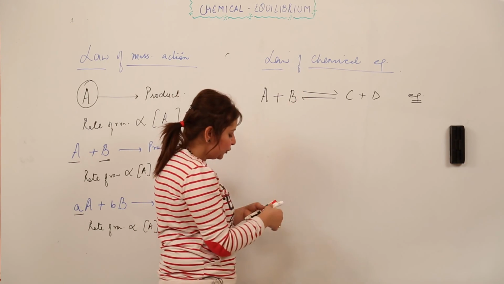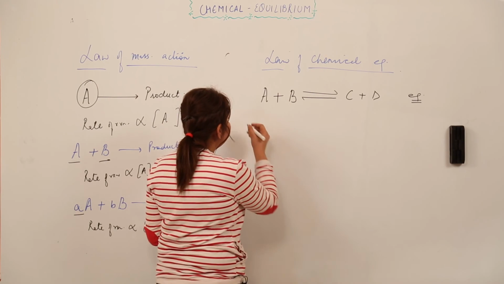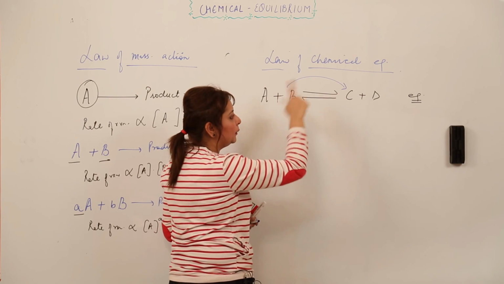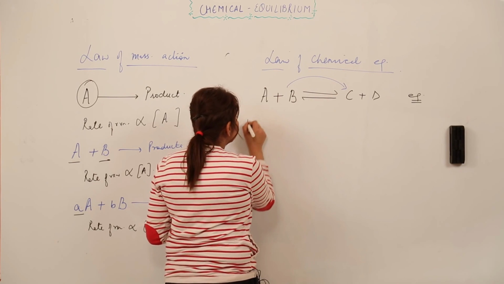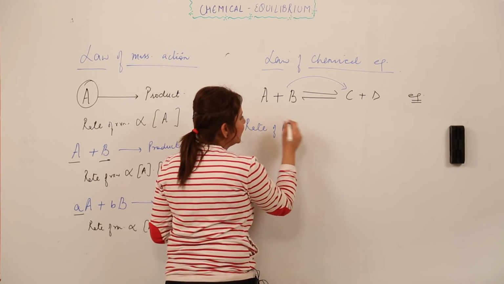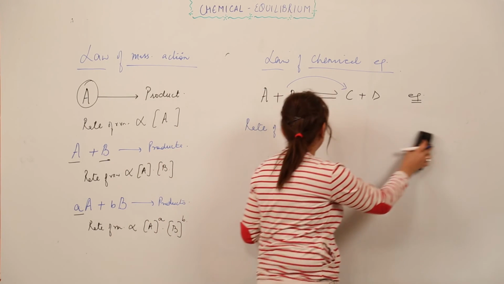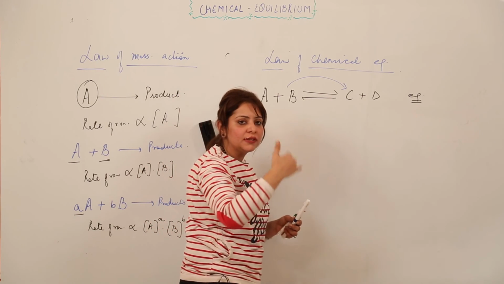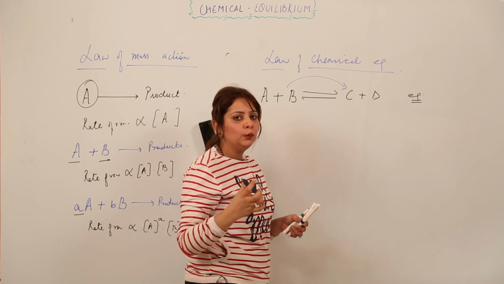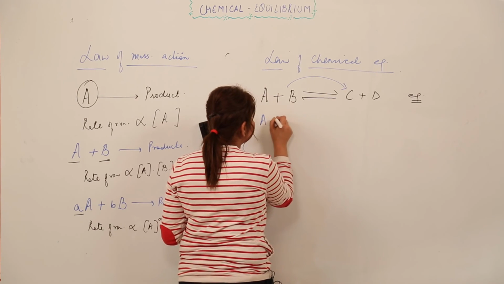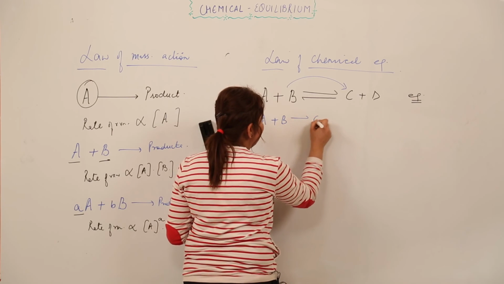So what I am going to do in it, see, for the forward reaction to occur, what forward reaction is indicated by this? The conversion of AB to CD, right? So for the rate of forward reaction, what I'll do is split the reaction into two terms so that it will be clear to you now. I'm just splitting these two reactions into two steps, but it is just for your convenience. Otherwise, you can write it from the single reaction as well, right? I'm just splitting it to make you understand in a better manner, right?